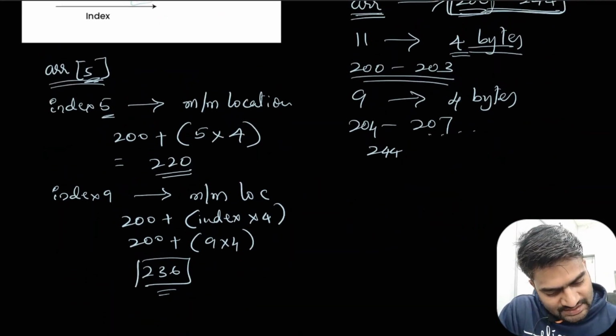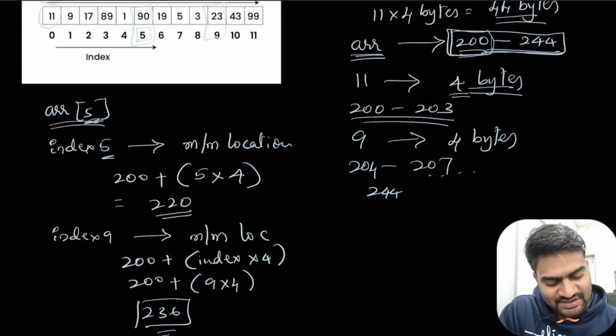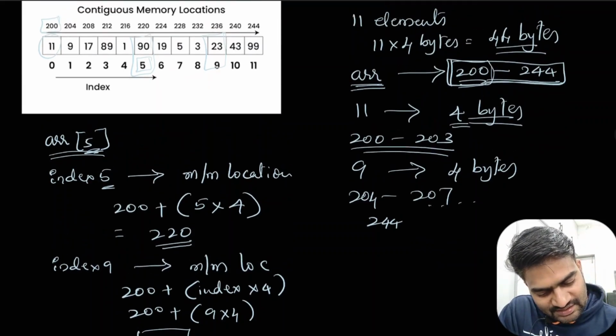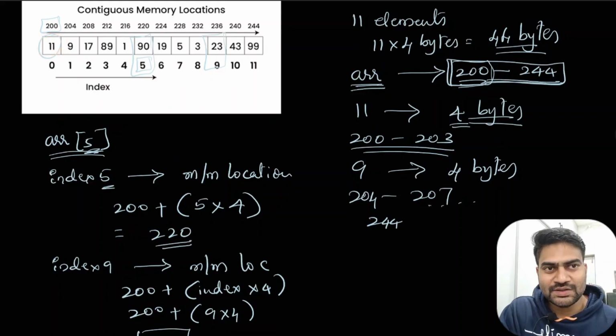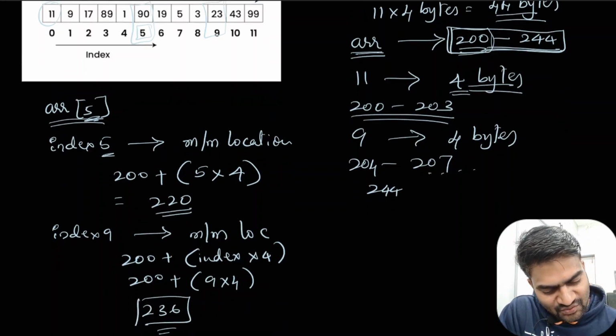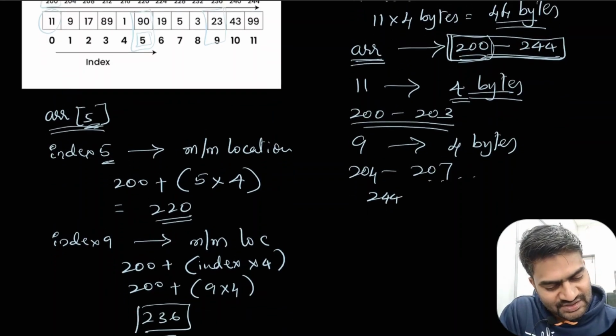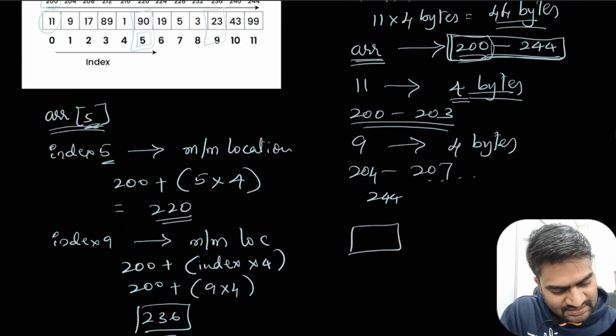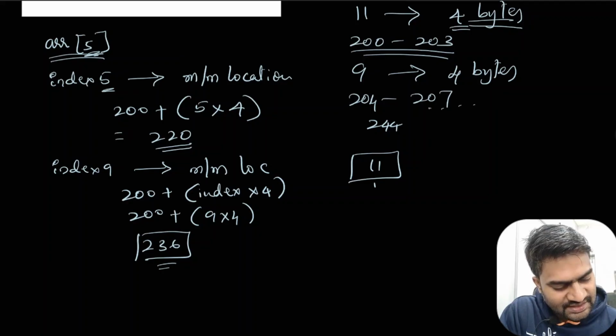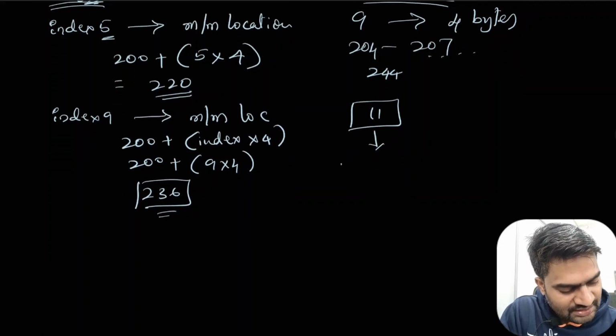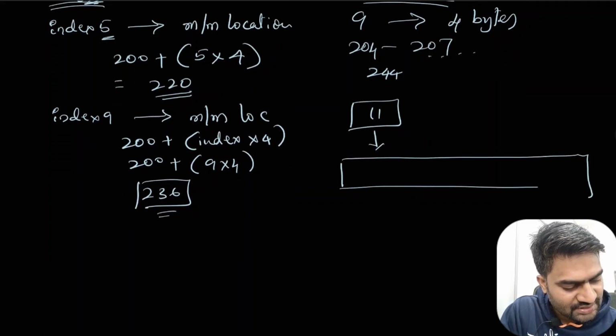Now let us try to understand how these individual blocks look when the values are stored inside the computer. For representation, we are using one box. This is 11, this is how we are storing it. Now this 11 is nothing but a 32-bit number, with bits 0 to